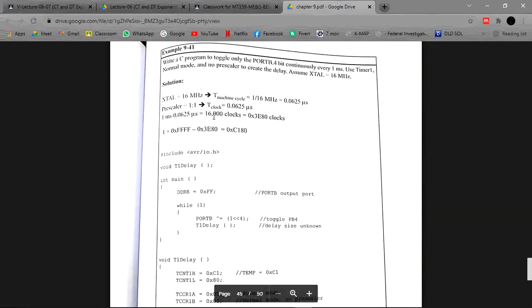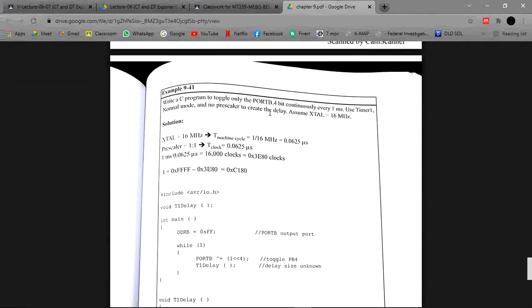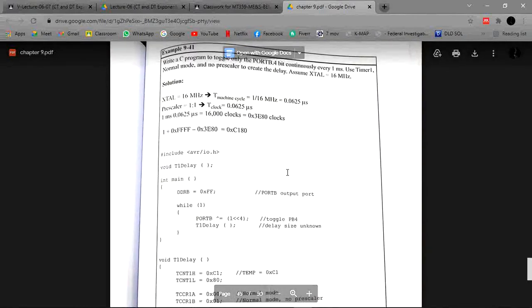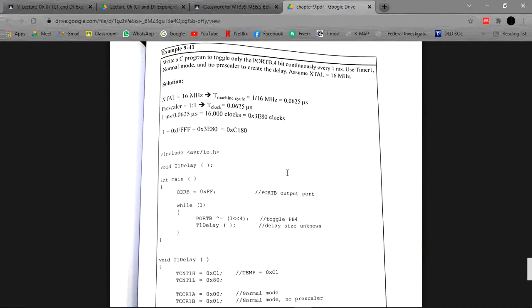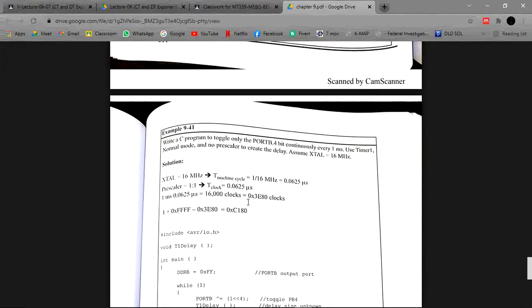So now in this program we have to write a C program to toggle only the 4 bit continuously every 1 millisecond. It is similar to the previous one, but here we have to change the delay to 1 ms. With the help of this 1 ms, we are changing here our